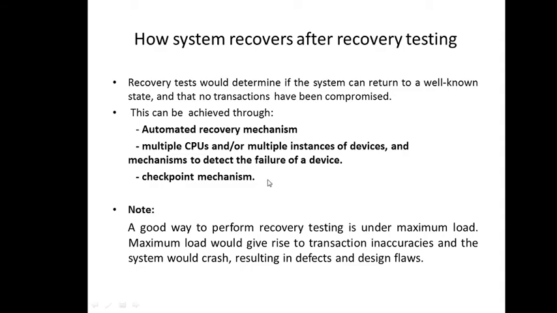And the third one is a checkpointing mechanism. That means we add checkpoints after certain intervals, and if the system crashes for some reason, I can recover the system to the last checkpoint. Prior to that everything was working properly. After that checkpoint the error has occurred or the system failed, so I can recover it. Normally this is what we do in our systems also. There is a checkpointing mechanism. Whenever we go for recovery, it recovers from the last checkpoint.